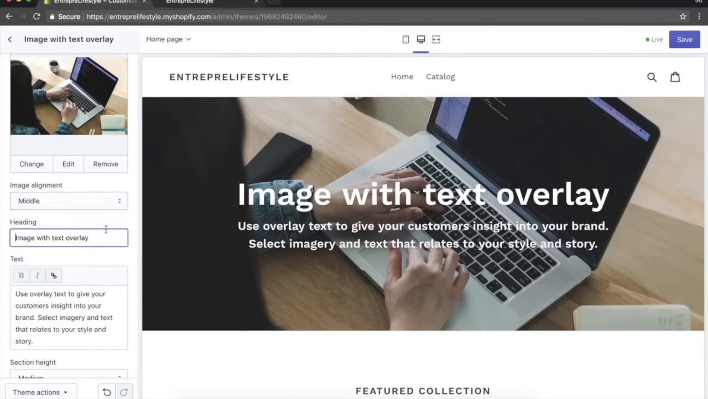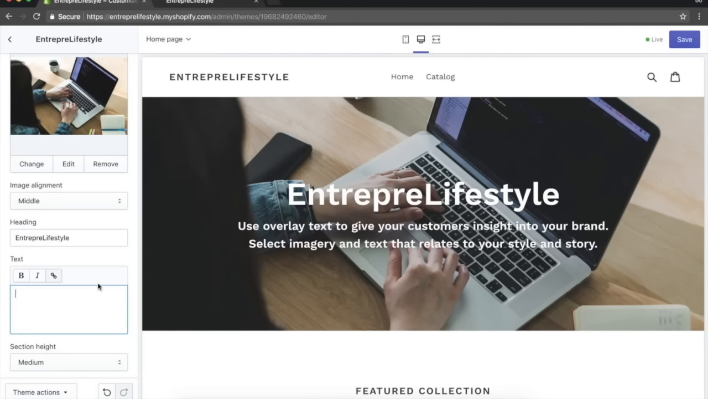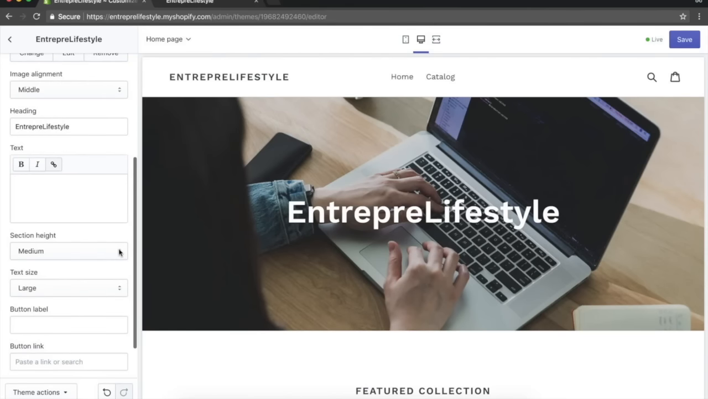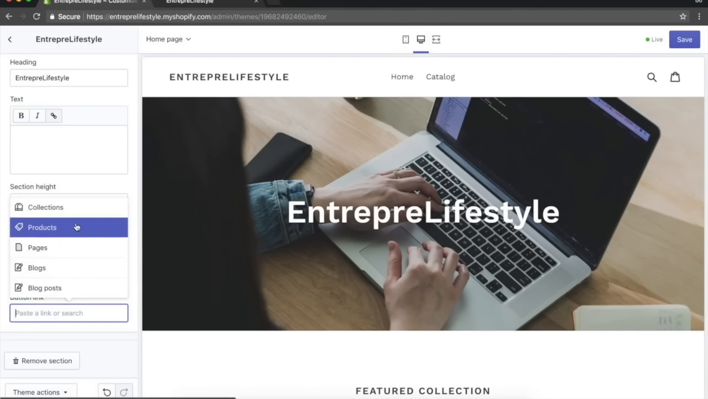Welcome to Entre Lifestyle. Okay, we're not gonna have text over here. All right, so Entre Lifestyle, button label, click here. Let's just see where that button appears. It should appear right. Let's just put in